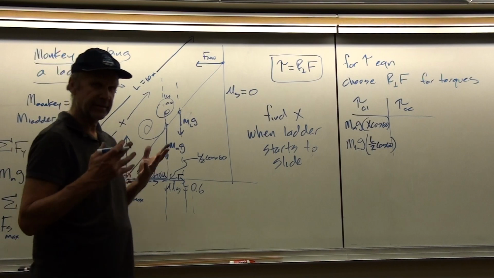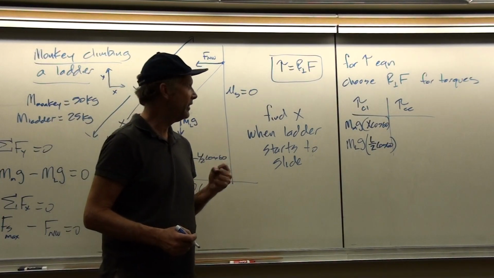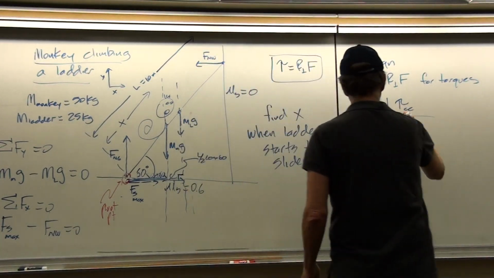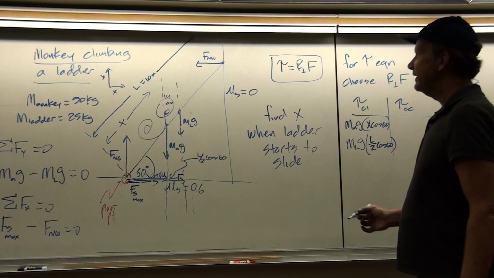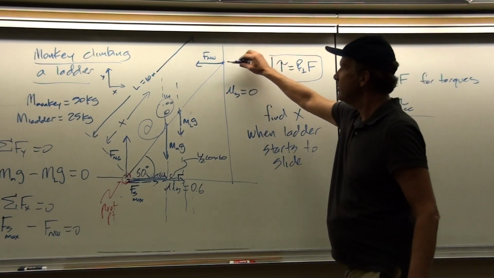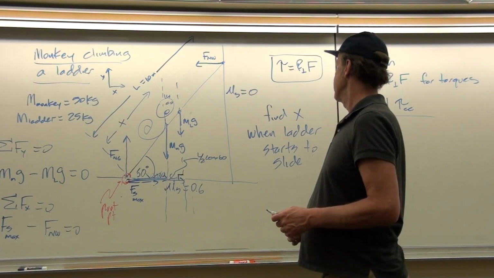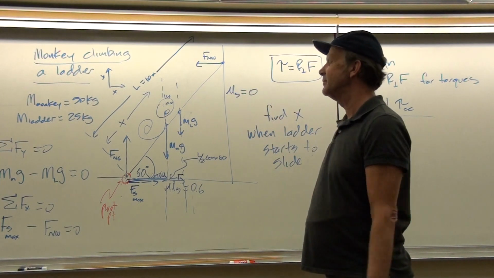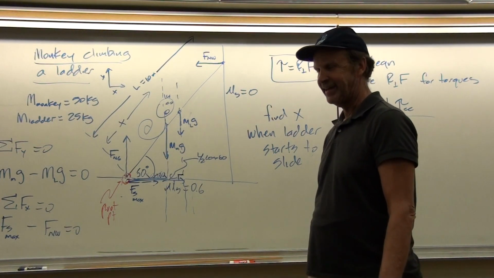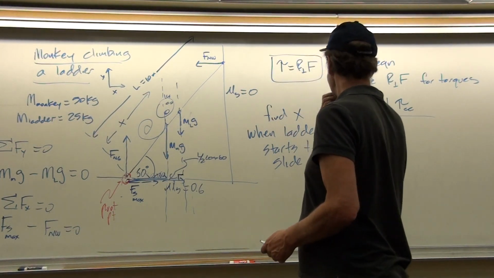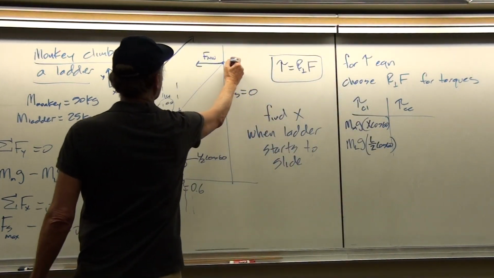That's the part that I think gets people the most, is just not getting the geometry and not following those instructions. But if you follow those to the letter, then you're not going to make a mistake here. And then finally, we better have a third torque that produces a counterclockwise torque. Because if they're all clockwise, that means the monkey slides before we even get started. And so we don't want that to happen. It's not going to happen in general, because here we've got F normal wall.